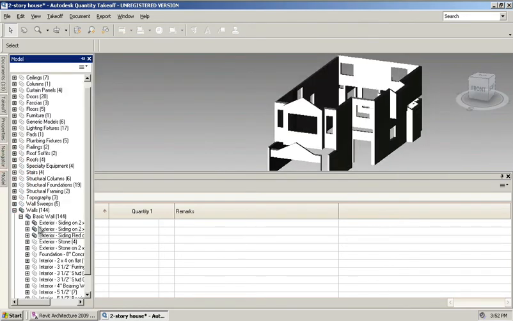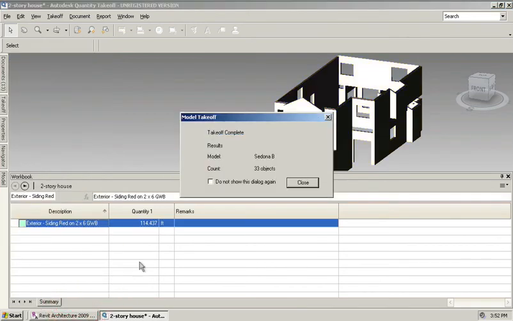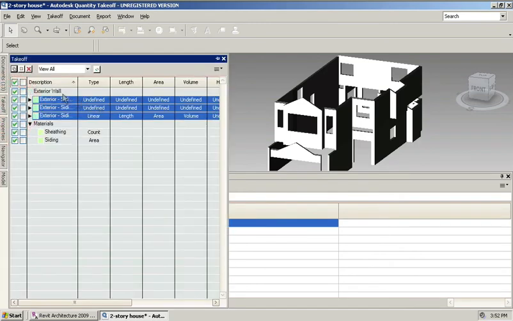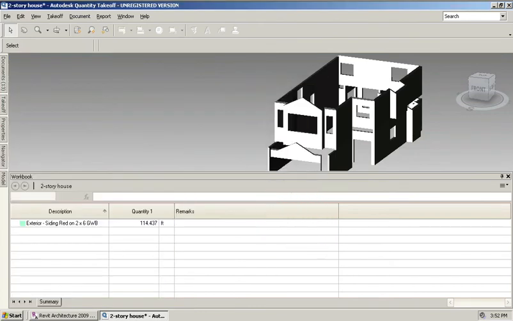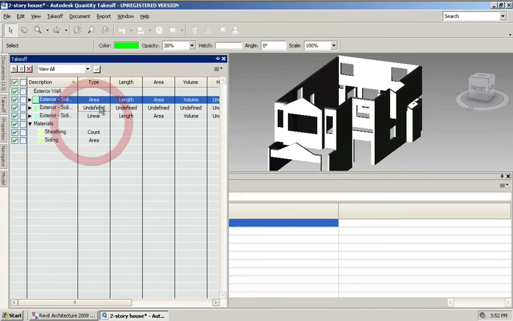If I go in now and I want to take those off, I can just grab them all, right click and say take off. And that's going to generate that takeoff for me. Now I did it in linear feet because I didn't tell it what format I wanted it in. But if I go in here and say we want that in area,